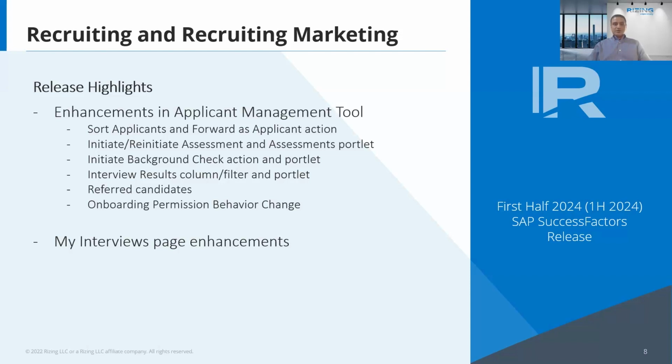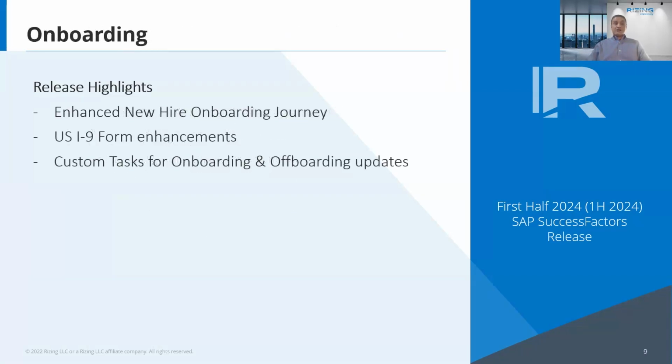Now I will move to the onboarding enhancements, and I am really excited about this new enhancement to the new onboarding journey page for the new hire. In this update, SAP has introduced a highly anticipated feature, an enhanced onboarding journey utilizing the new Your Onboarding Checklist